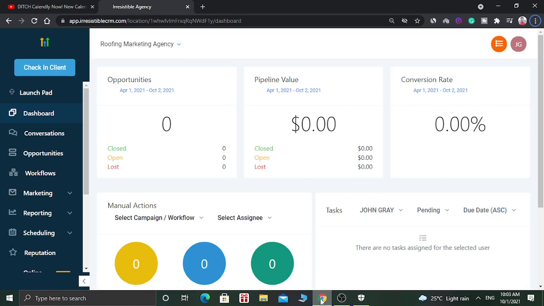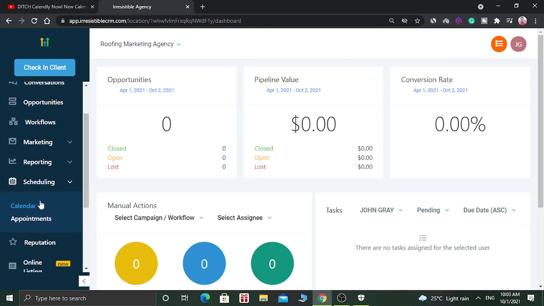In today's video, I'm going to show you how you can set up calendars inside Go High Level software. So first of all, log in to the Go High Level software and go to the scheduling section. Here you will find an option called calendar. Click on it